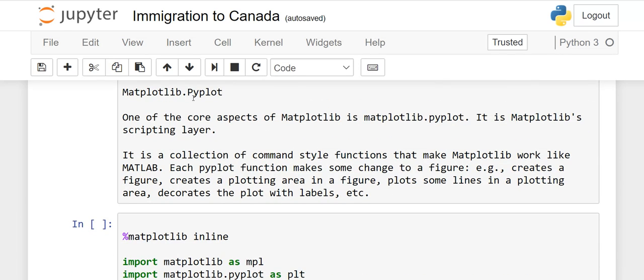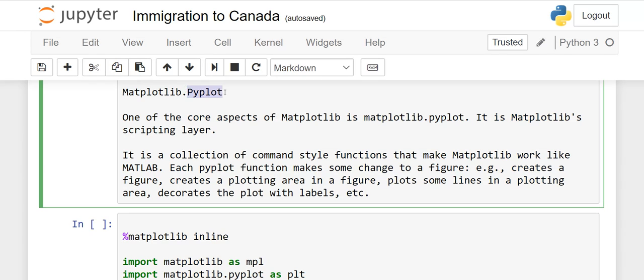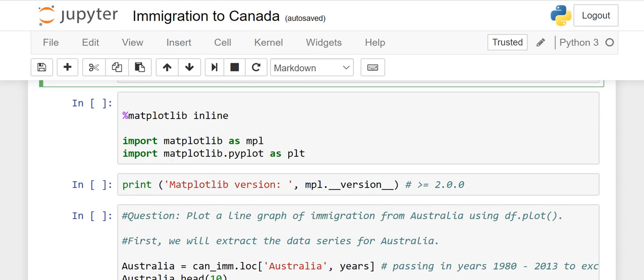And when we import matplotlib.pyplot, what is the meaning of pyplot? Here I have written that each pyplot function makes some changes to the figure. Whatever graph we have made, if we want to add some labels, markers, or a title later on, we can do this with the plot function. Right now we are going to visualize our data.